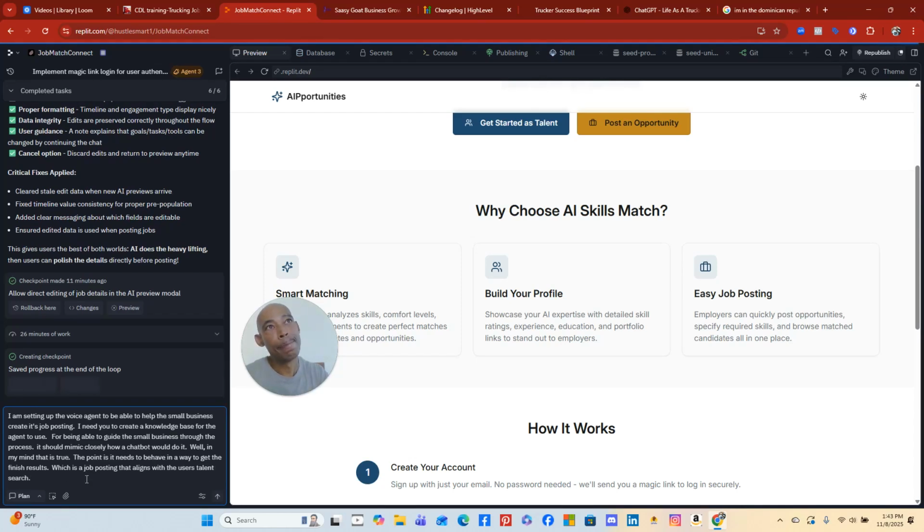Well, now the agent is going to have to. How is this going to work? The agent is going to have to send this to. Oh, okay. It's going to have to send it to the same engine that creates the posting, and then let that take over. Once the agent has decided with the caller that this is okay, yeah, this is good, this is what I want, then it sends it. Okay, that's the point. It needs to be a way to get the finished results, which is a job posting